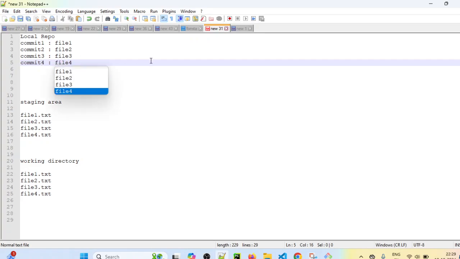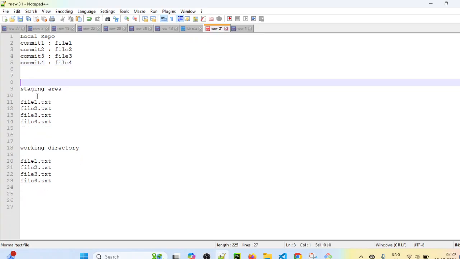So we have done total 4 commits. In every commit we have added one new file in local repository. So how many commits are done? 4 commits are done. Now I want to see all the commit ID. So for using git reset command, what is the purpose of git reset --soft? For undo the commit on local repository.